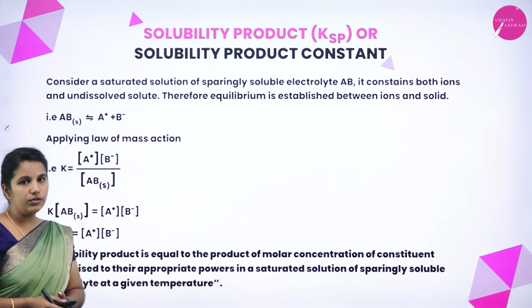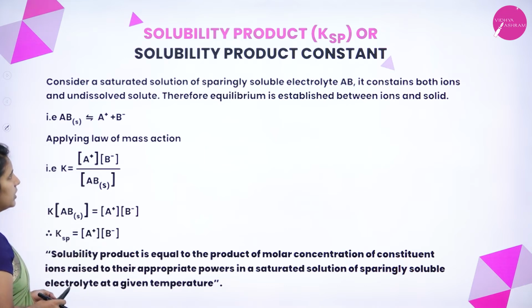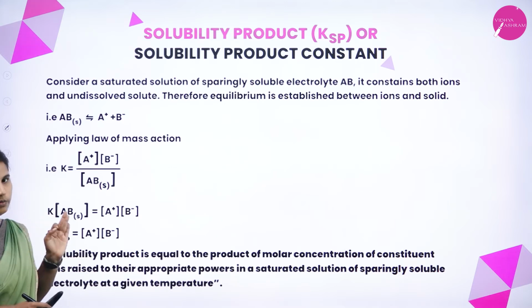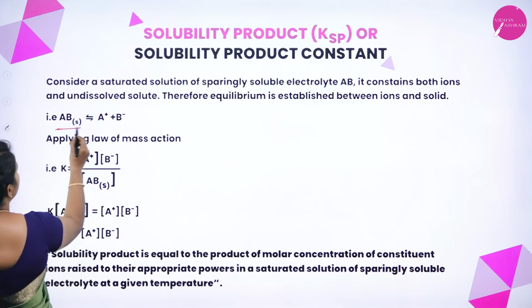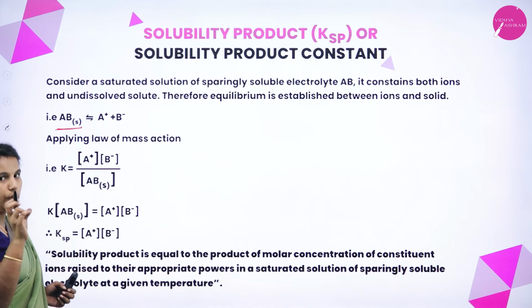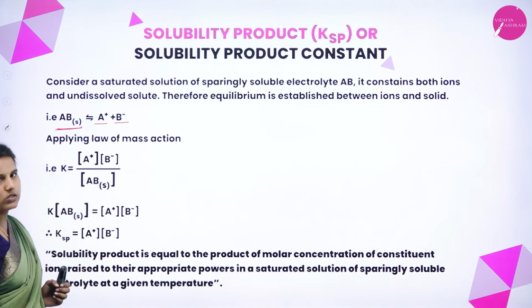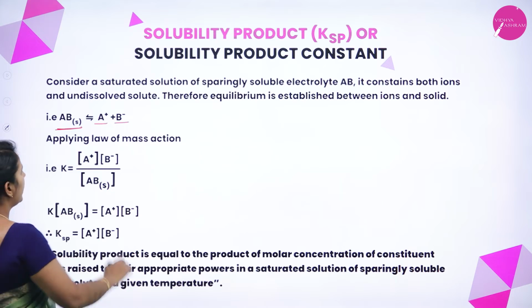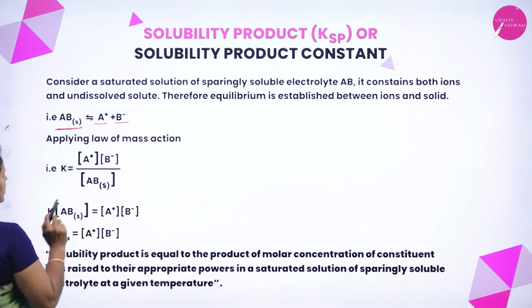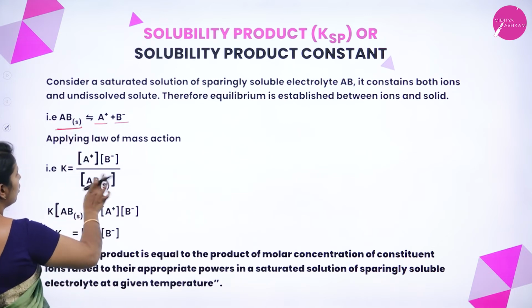Next, we have the solubility product, that is KSP. How to derive an equation for KSP, we will understand now. Consider a saturated solution of a sparingly soluble electrolyte AB which contains both ions and undissociated solute. Therefore, the equilibrium will be established between these two. This is my solution which consists of a sparingly soluble salt which forms an equilibrium between the ions and the undissociated solute. Now, if I apply the law of mass action to the above equation, the law of mass action tells that